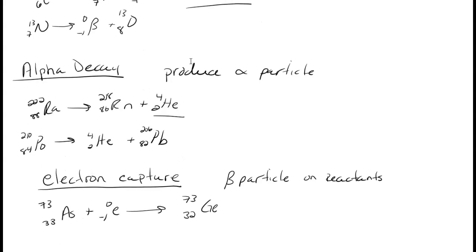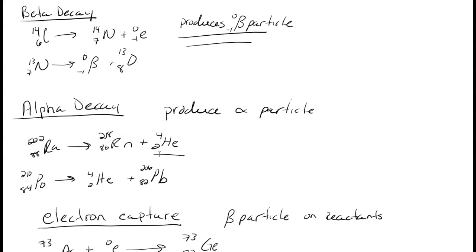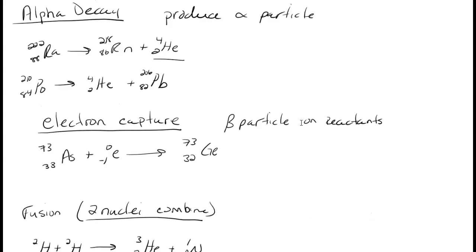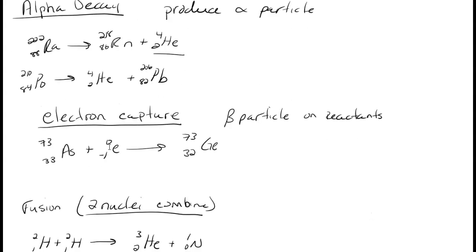However, for our decays, electron capture, alpha decay, and beta decay, we literally have an atom on one side, atom on another side, but we have particles. So for decays, it's going to be an atom that produces an atom and a particle. And for a capture, it's going to be an atom and a particle that produce an atom. So that is how you tell the